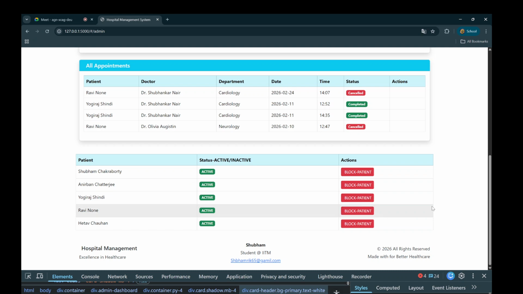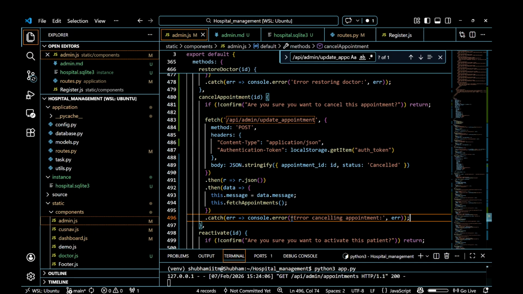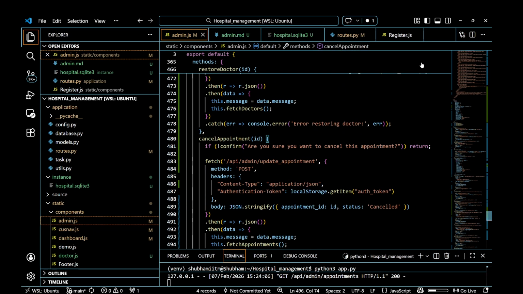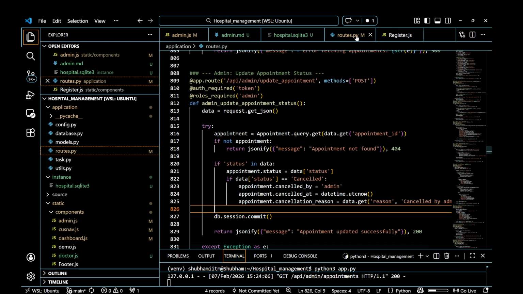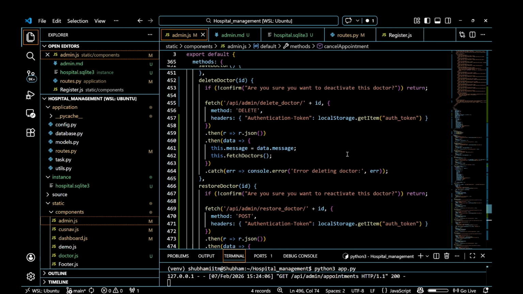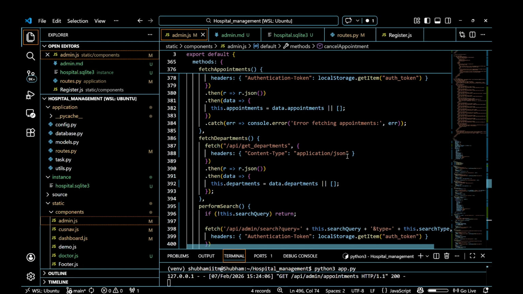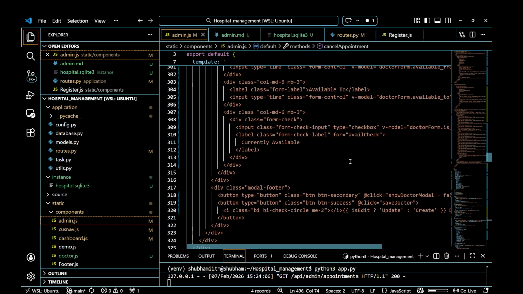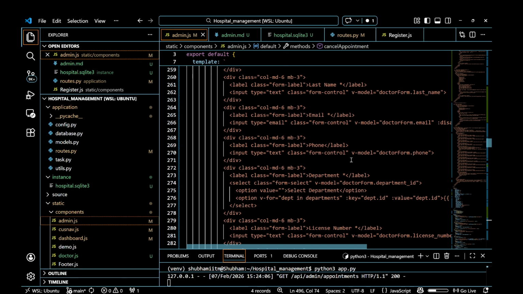Another thing is the patient names and all. The admin can block patients. This was there in the whole list. So I am showing you how the patient will be blocked and all. Basically, again the same thing. I will just go to admin.js and see this one. So here I am again